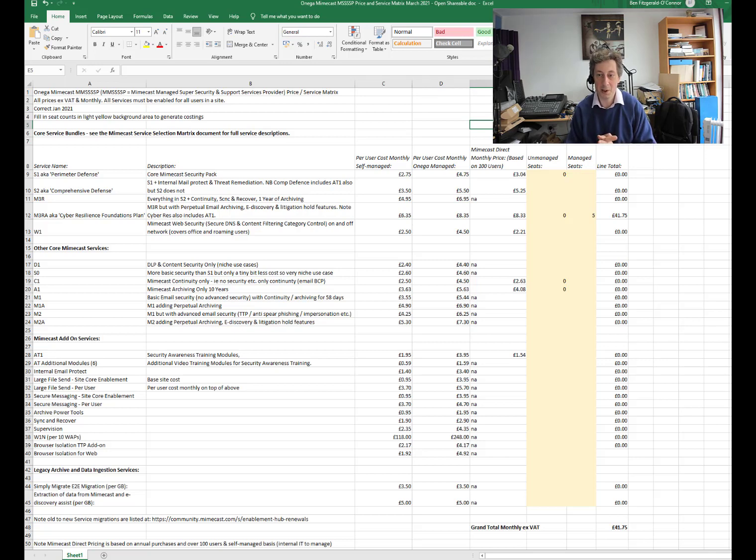We've got Mimecast direct pricing. So if a client is a direct client of Mimecast, or buys it through us, the price is the same. It's the price that you would pay if you were to take 100 seats of Mimecast. So the self-managed pricing in column C is basically if a client is happy to do the administration